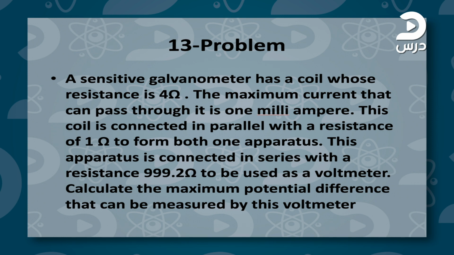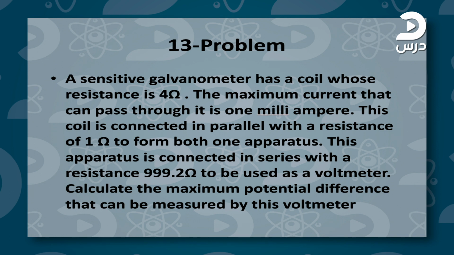Problem number 13. A sensitive galvanometer whose resistance is 4 ohm, this is the RG. The maximum current passing through the circuit is 1 milliampere. This is connected in parallel with a resistance of 1 ohm to form an ammeter; this is the shunt. Then this apparatus is connected in series with a resistance, so the ammeter changes into a voltmeter